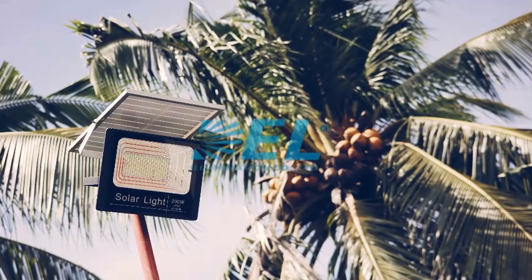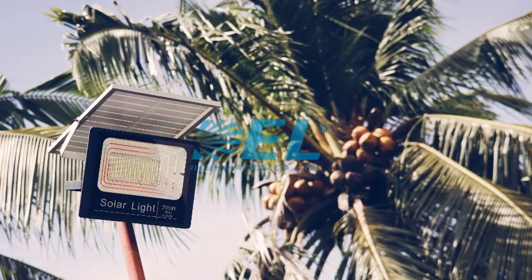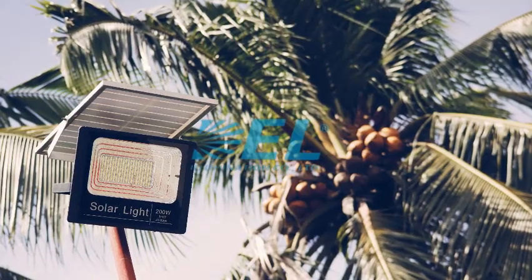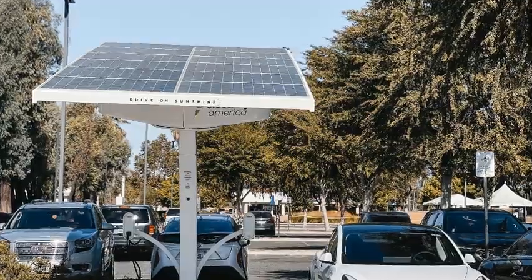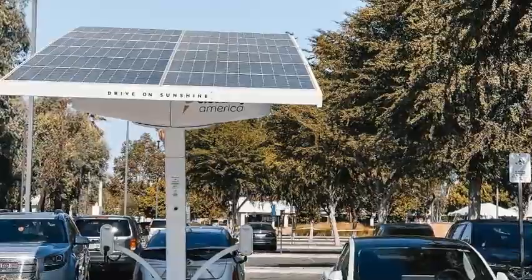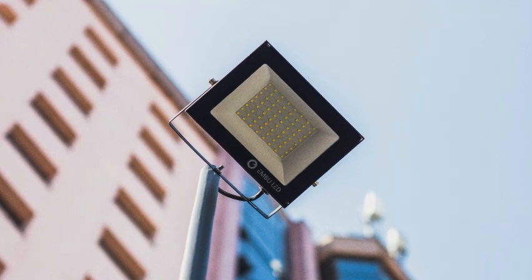Are you looking for a sustainable and energy-efficient lighting solution for your outdoor area? Try IP65 Solar Street Lights. These innovative street lights use renewable energy from the sun to provide reliable and bright illumination for streets, parking lots, and other outdoor spaces. Equipped with high-quality solar panels, rechargeable batteries, and efficient LED lights, these solar street lights are